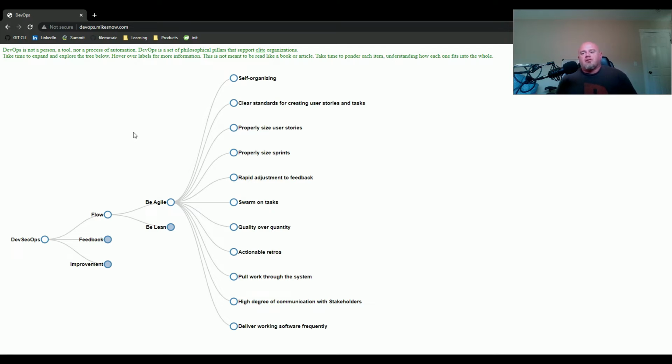This is really the key of Agile, I think, is delivering things frequently, putting the product in the hands of the customer as soon as possible so you can start getting that feedback. If you're doing slow deployments, let's say you're deploying changes once a month or once every few months or once a year or whatever,